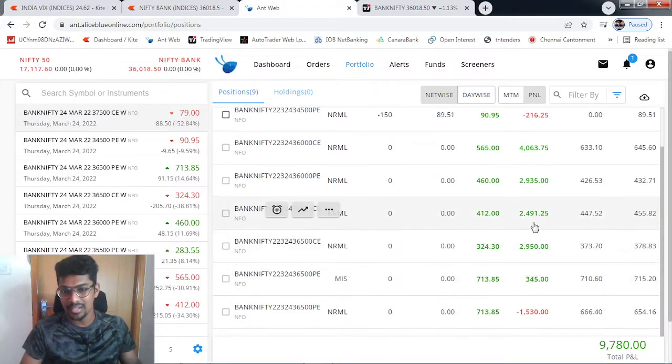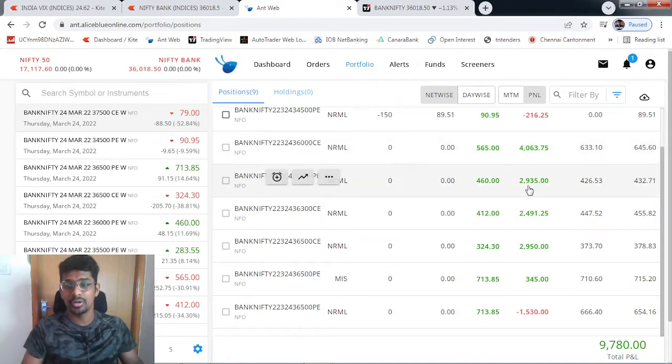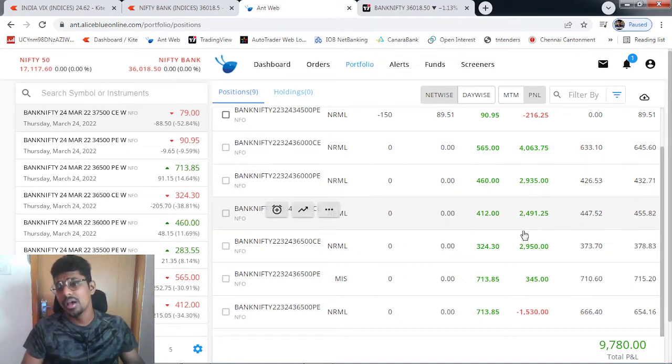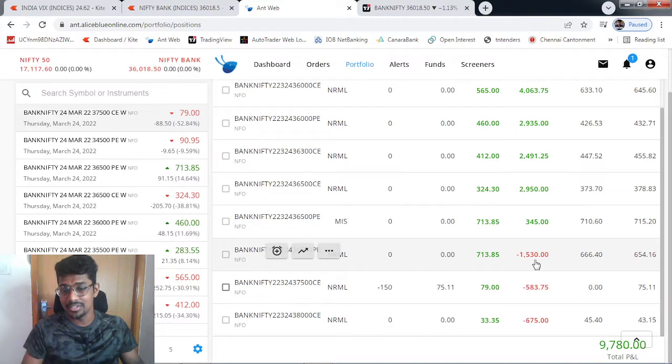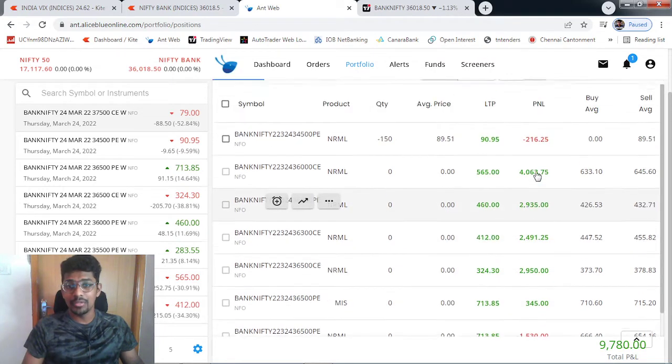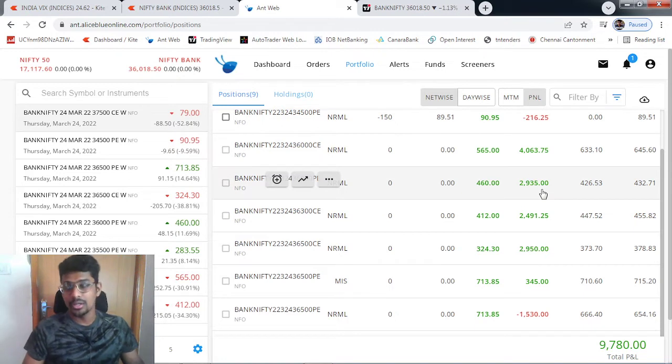If you see my trades like this, I made a couple of trades here, 2K each. This made another 1,500, and then 1,000 rupees, and this is 1,500, and then 1,000 rupees, and this is a single trade which I made 3,000 rupees. This is the first trade that I lost in the morning. So I did a lot of scalping. If you see, there are a lot of orders that I put on the day. Put all together, I made almost 11K profit intraday.